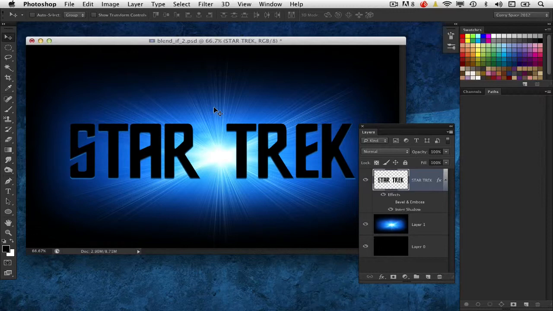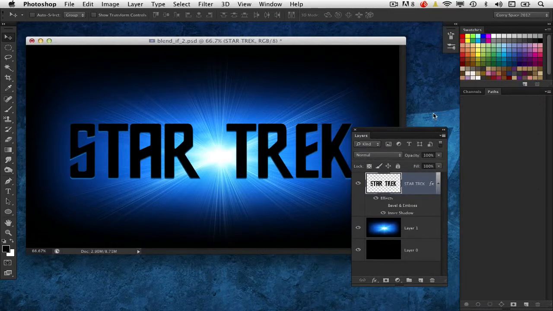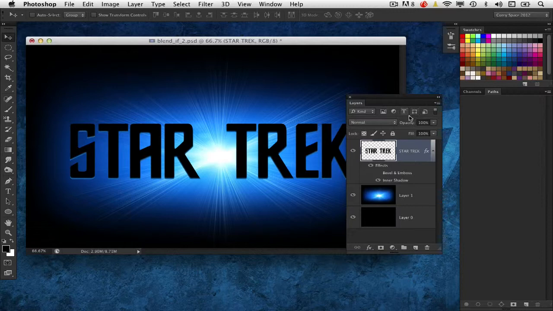It is kind of a hidden feature. You have to go and look for it. You almost have to be shown how it works in order to really take advantage of it. And hopefully that's what you take from this video. So I'm just going to show you a few examples to really give you a good idea of how this feature works. Now, first of all, where is it located?